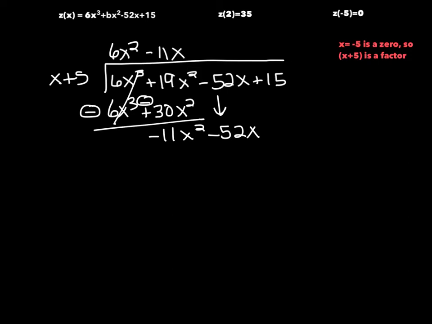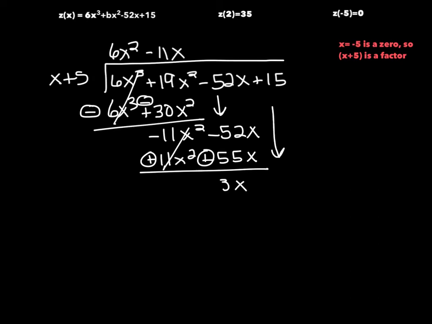So then negative 11x times x is negative 11x squared, and negative 11x times 5 would be negative 55x. So again, we're going to be subtracting, so we're going to change our signs. So these will cancel, and negative 52x plus 55x is 3x. And then bring down your plus 15. All right, and then finally,